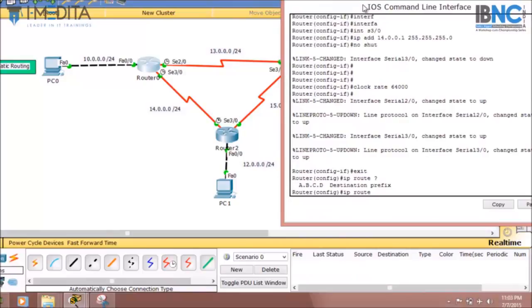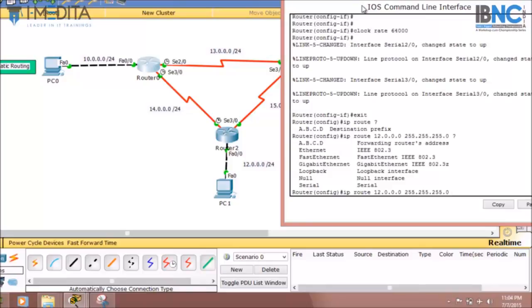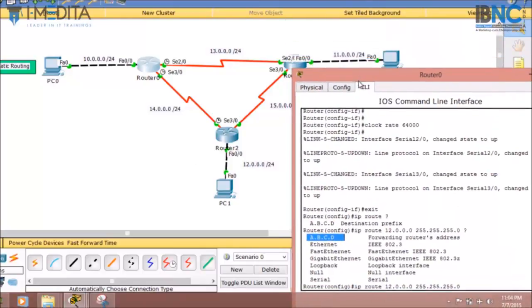So now IP route 12.0.0.0 with the subnet mask 255.255.255.0, and then there are a lot of options for how we can configure, that means the forwarding router's address, that is the next hop address.